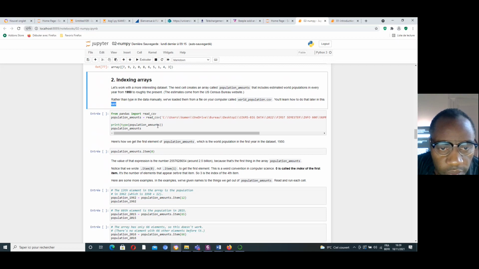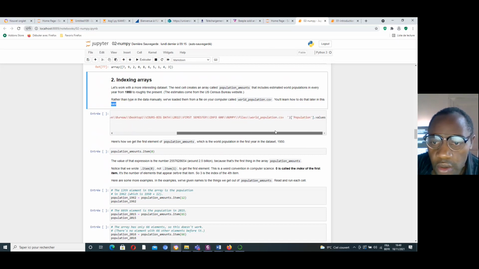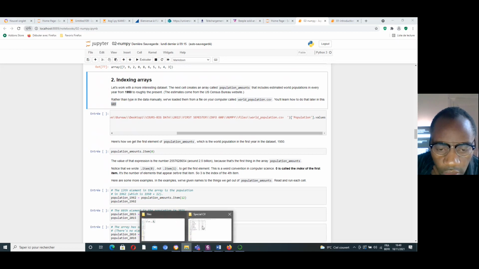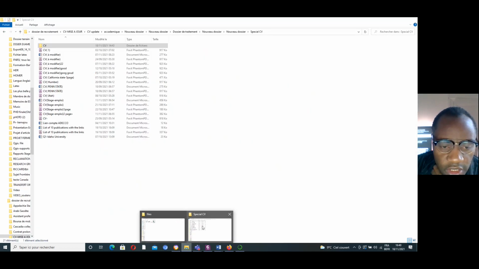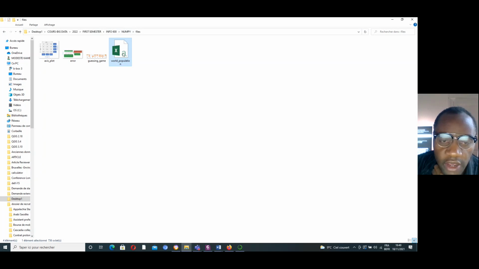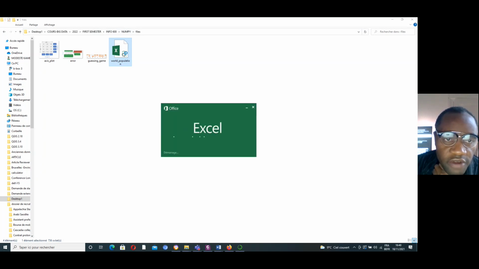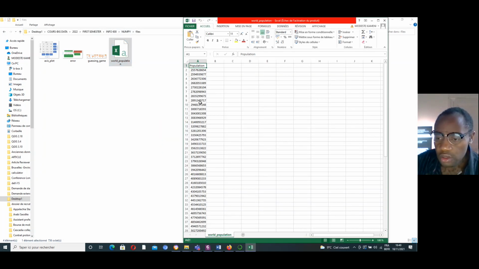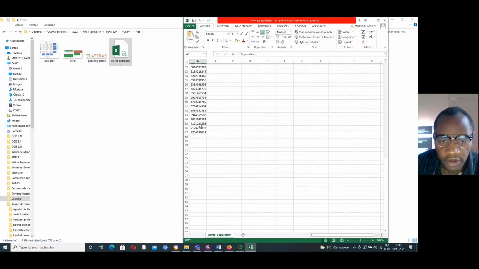But here I need to show how to do that. I need to print to evaluate the content of this file. I already downloaded this file and put it on my computer. If I open this CSV file, you can see the content of this CSV file.